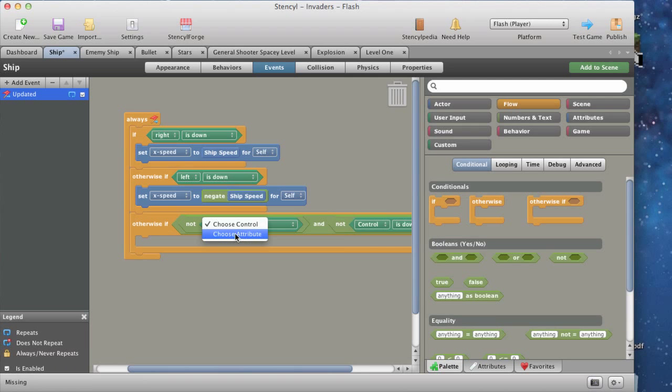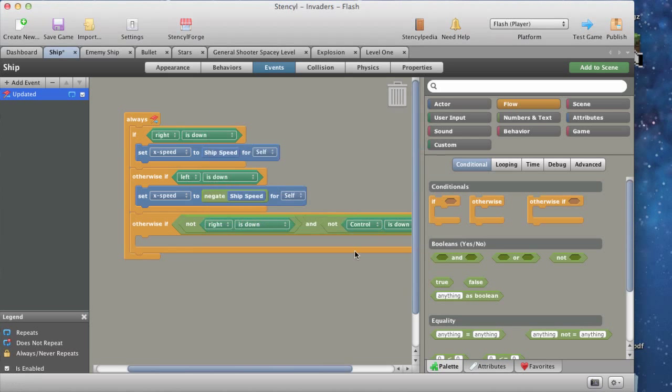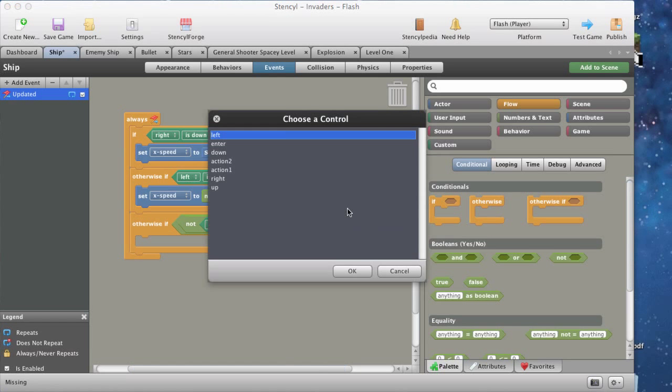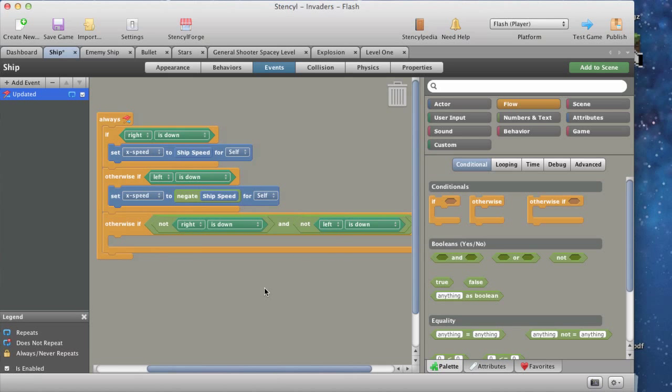So we put that one as choose control, which is right, and we'll choose control, which is left. So all this does is, if the right button is down, move it right. Otherwise, if the left button is down, move it left. Otherwise, if the right button is not down and the left button is not down,